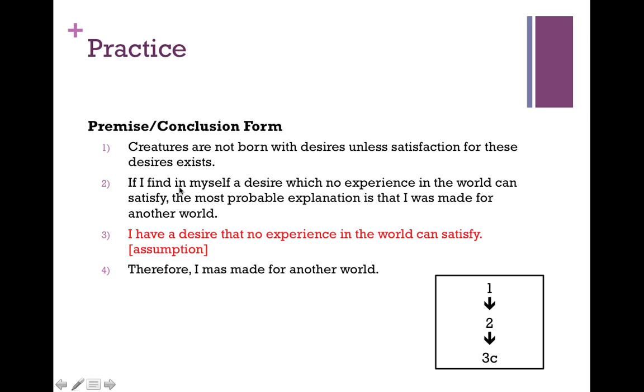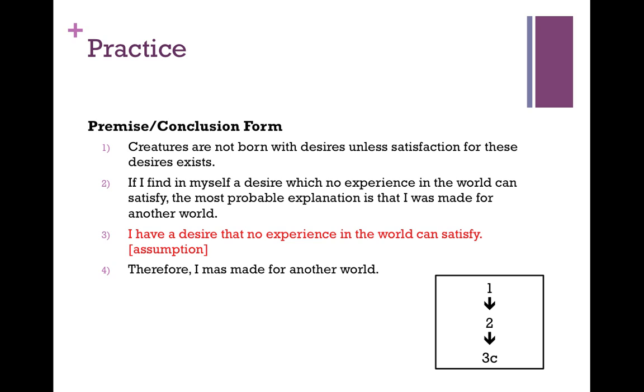I hope what I'm about to say is not confusing to you, but he's basically saying the following: if A, then B, and you can't conclude from that B. If you're saying if A, then B, you have to then establish that A is true in order to conclude that B is true. And if he wants to conclude that B is true, we're going to say I was made for another world. He's saying that right there. He has to first establish, well, I do in fact have a desire that no experience in this world can